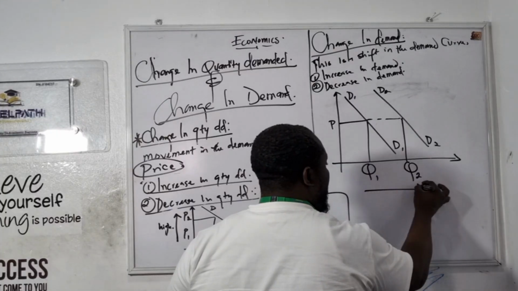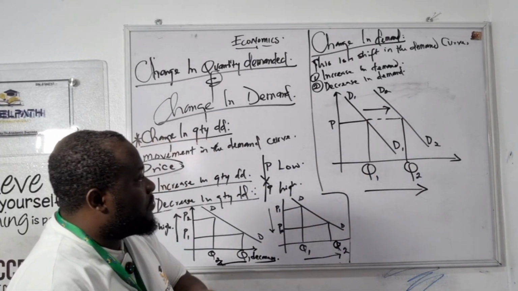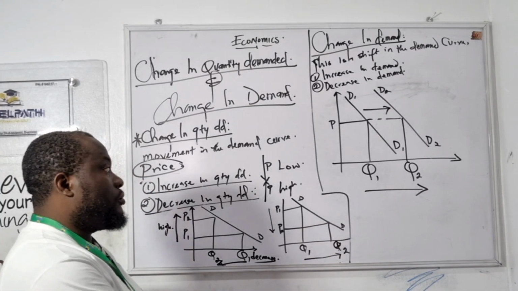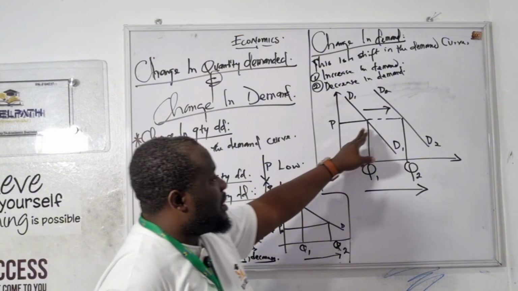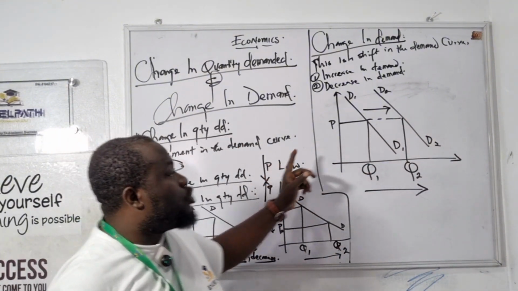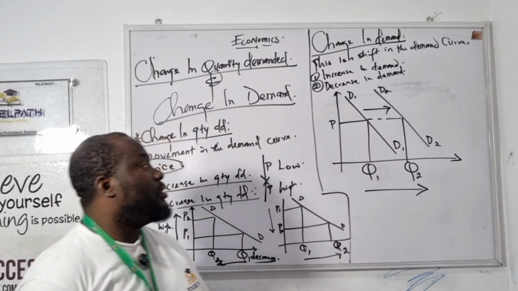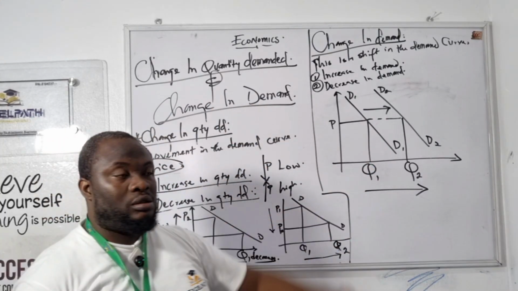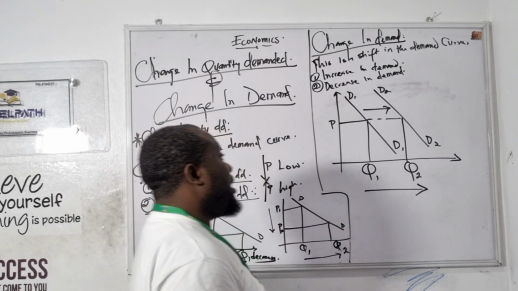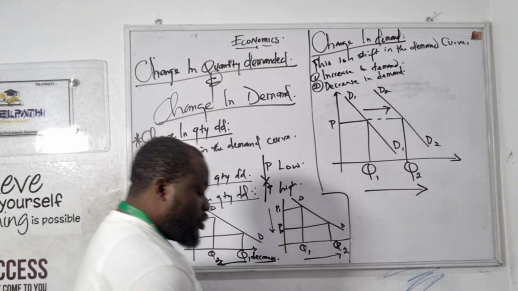curve. So Mr. A's demand increases because the income is favorable. So this is a rightward shift or an outward shift in the demand curve. In JAMB, they call it an outward shift in the demand curve. So that is when the factor affecting demand is what? Is favorable to the